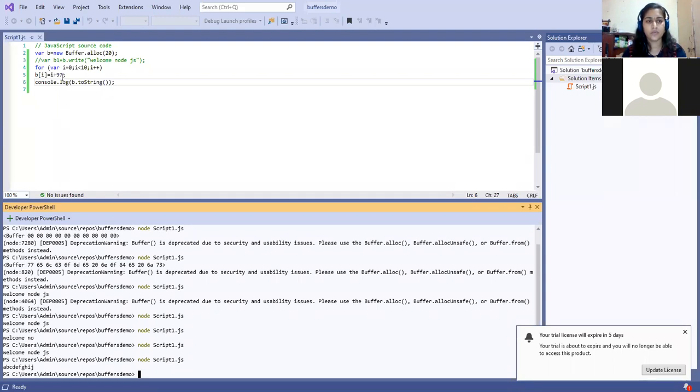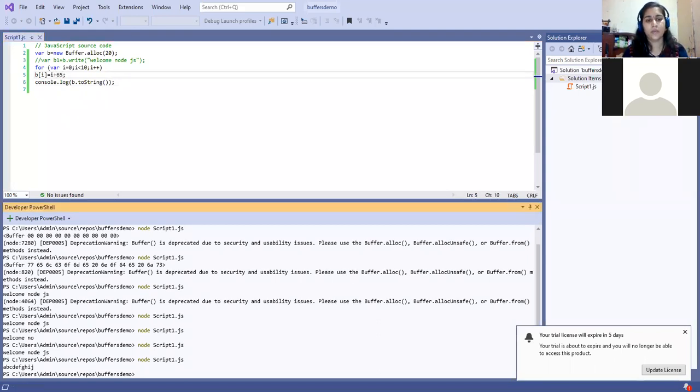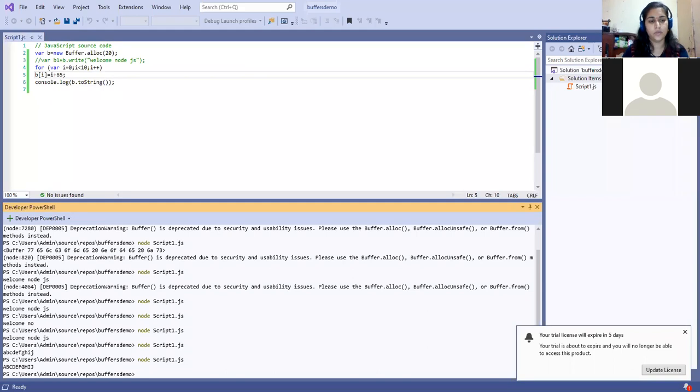Okay, you can use over here 65, suppose. Now let us look at the output. It will give me the capital series. Okay, so again we have seen how to write to a buffer by iterating one by one character, by using a for loop. I put it just one by one value into this.